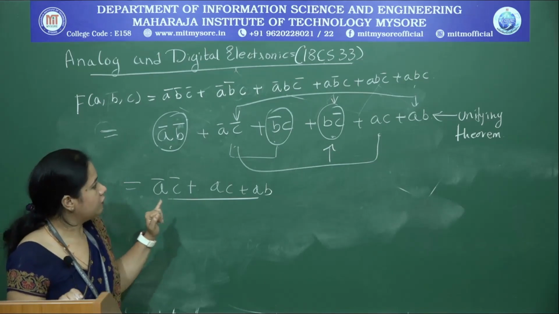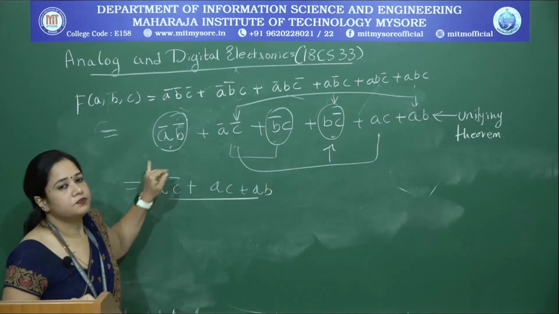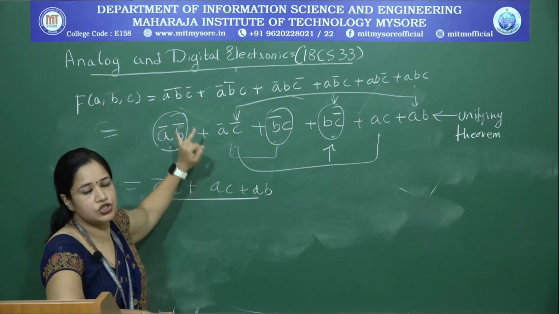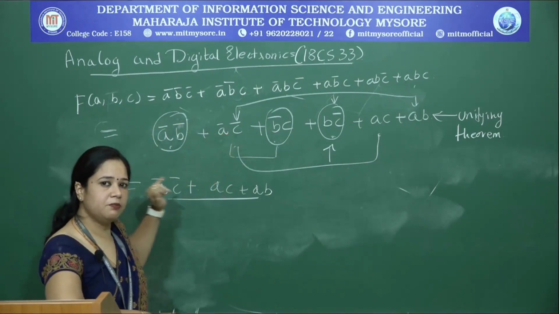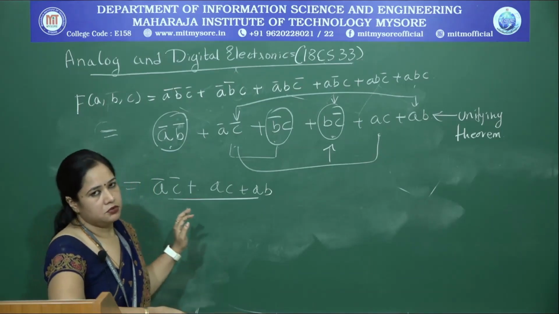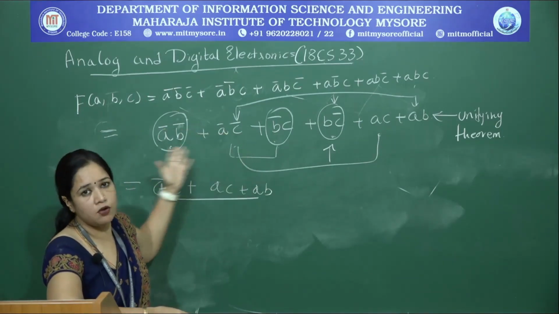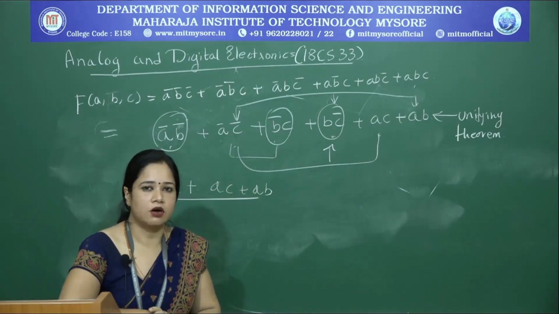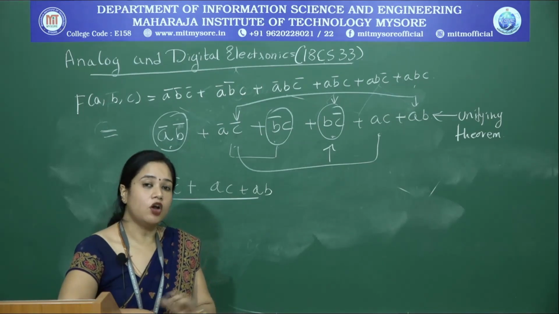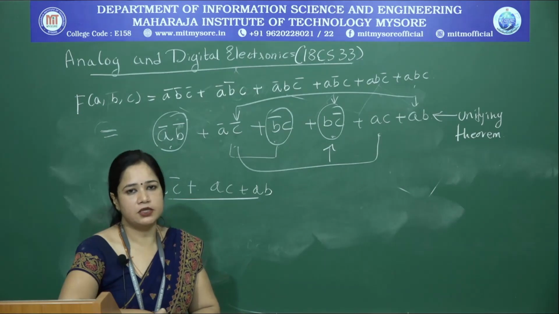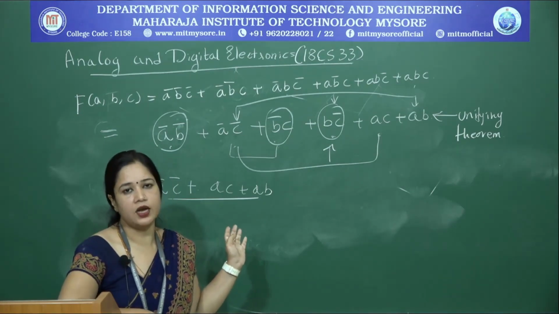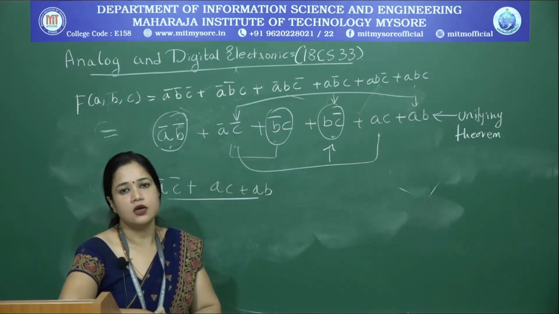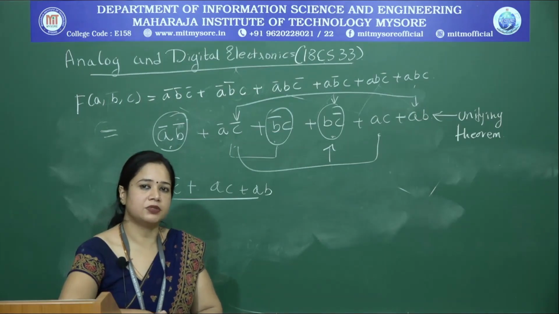So, what you have observed here is that the final result depends on the order in which you are taking the terms. This happens to be the major drawback, that is, not every solution may be a minimal solution. So, that is where we go with what is called the Karnaugh map. When you use a Karnaugh map, every possible solution leads to a minimal solution as compared to this approach. That is where we need to go with more advanced approaches which include map or graph techniques, which we will be studying in subsequent sessions.